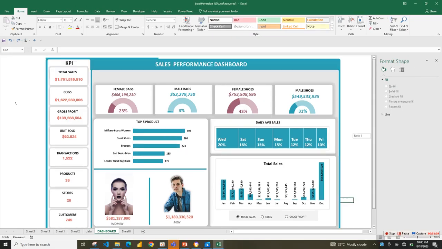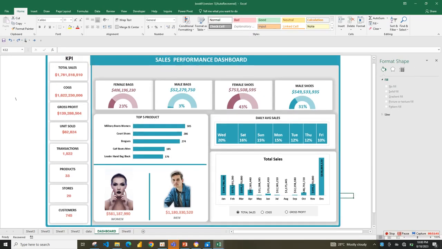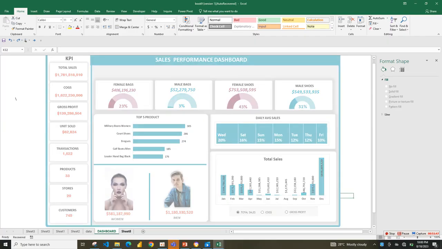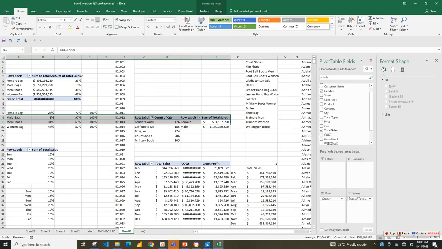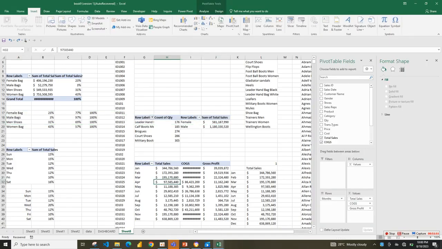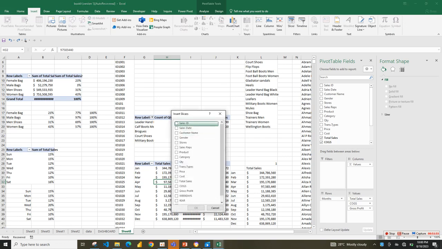So that's all about that. So now the next thing that I'm going to do is to insert my pivot chart. So go to the pivot table, click on any of the pivot table and insert